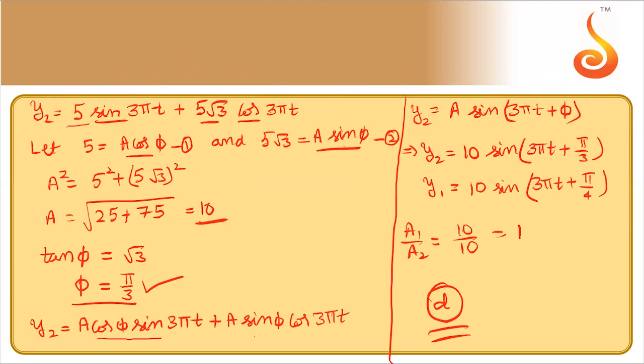Note down this. This is the technique to solve the superposition of two simple harmonic motions. We'll take one coefficient if amplitudes are different. See, this is 5 root 3, this is 5. You cannot add them directly. One is a sine function, the other is a cosine function. Coefficient of the sine function, take it as a cos phi. Coefficient of the cosine function, take it as a sin phi.